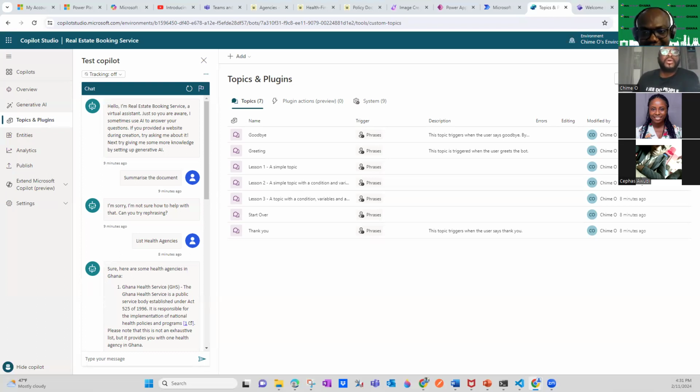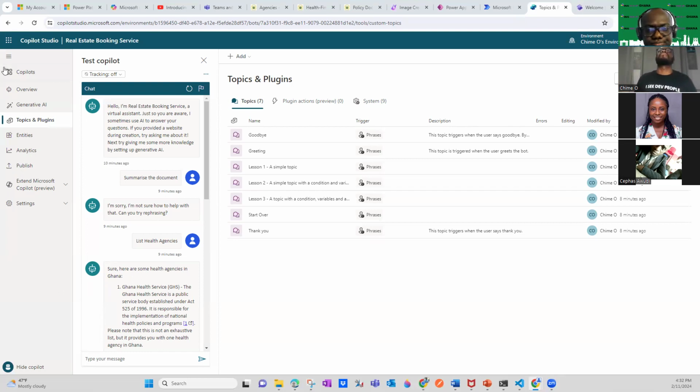Yeah, I will go on that. Yes, it does. Like I said, you can share it. So this is when it comes to, for example, channels. If you've published your bots from Microsoft Copilot Studio, you can also use it on Teams, and then it becomes collaborative within your colleagues. If it's for the Microsoft 365 Copilot, we also have Microsoft 365 Copilots for Teams, so you can also embed that in Microsoft Teams as well.